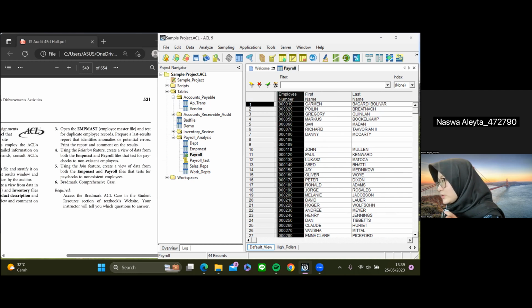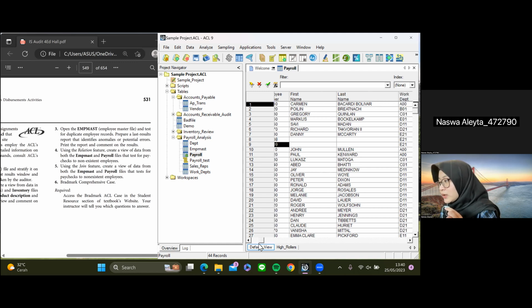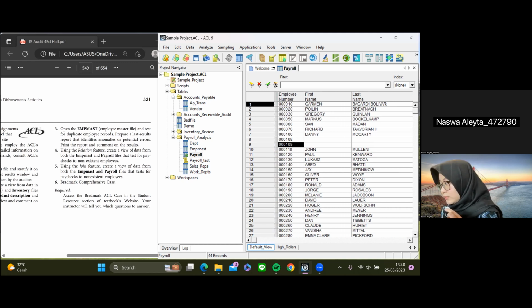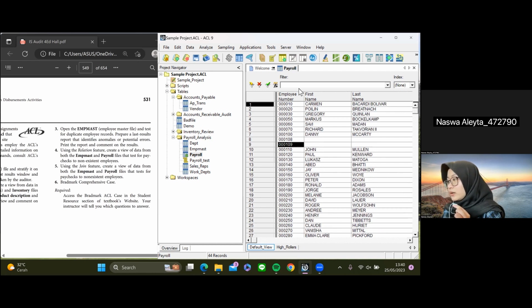Okay, and from first glance, we can already see that there are a few tables that have the employee number but do not have the first name and last name recorded. So we're going to see how much of the data in this master file checks to non-existent employees, employees that have no names recorded for the employee number. We can just set